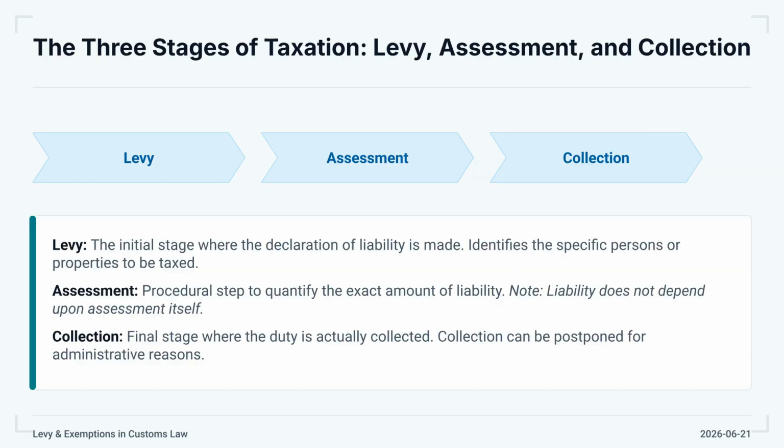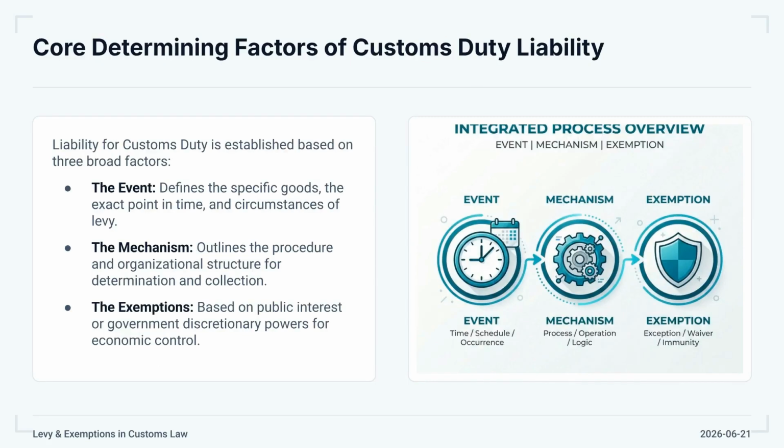Calculating the bill amount is assessment, and actually paying it is collection. Customs duty liability depends on three broad factors. First is the event, meaning the goods involved, the timing, and the circumstances under which duty becomes payable. Second is the mechanism, which includes the procedures and systems used for determining and collecting duty. Third is the exemption aspect, where the government may reduce or eliminate duty in public interest or for economic policy